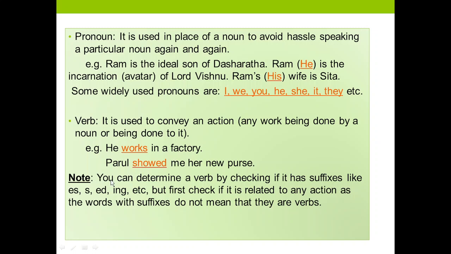Note, you can determine a verb by checking if it has suffixes like es, s, ed, ing, etc. These suffixes are different from what we will learn later when we are talking about singular or plural nouns, but first check if it is related to any action, as the words with suffixes do not mean that they are verbs. For example, here in works, s is being used with work, so here it signifies singular present,